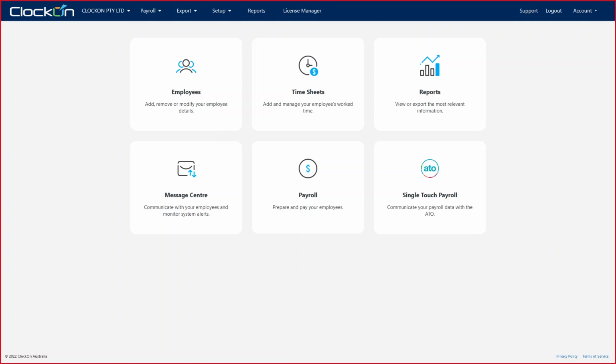Right, so the first thing we want to do is a little bit of housekeeping around the settings that you're sending through to the ATO for end of financial year. First of all, we want to ensure that you've actually completed your financial year in regards to payroll. There's a couple of ways you can check this. First and easiest would be just to go to payroll